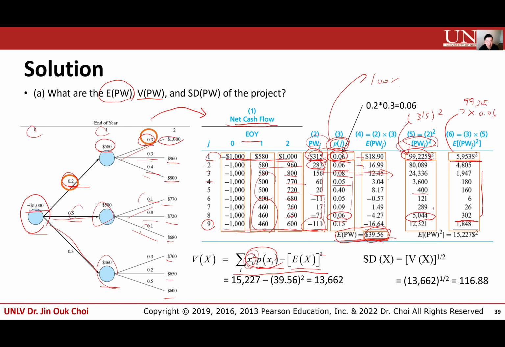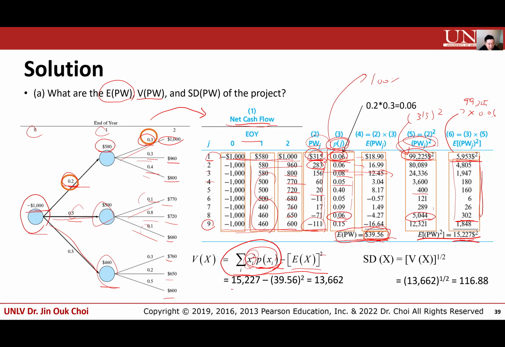And all the rest of the values can be calculated. It's just a simple repetition. Once you repeat the same process and add them all up, this portion is going to be 15,227,